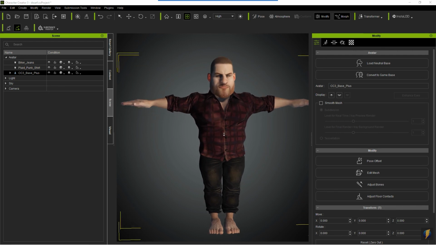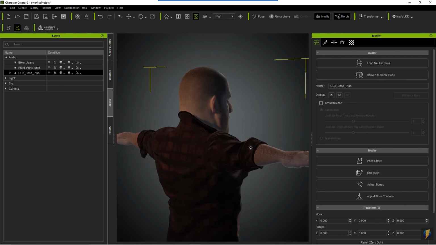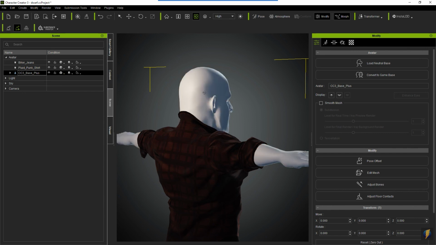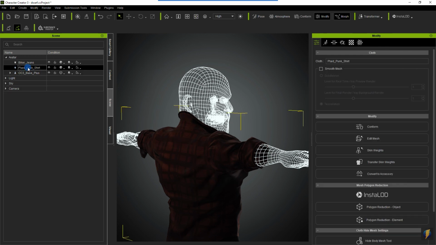Let's look at another way that we could maybe work with that a little bit easier. I have my character selected now, and I'm going to simply change the way that it's rendering here in my scene. I'm going to click on this icon here, which has to do with the way it's rendering. And you can see that we can actually change that to some different rendering, such as the smooth, where we're not looking at the texture, or wireframe. Just as an example, that might make it a little easier to see what we're doing